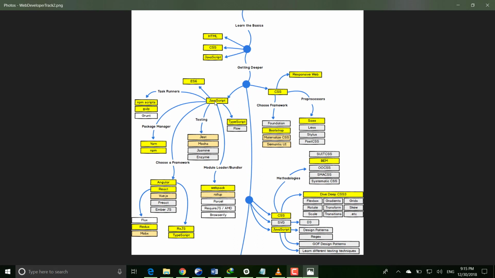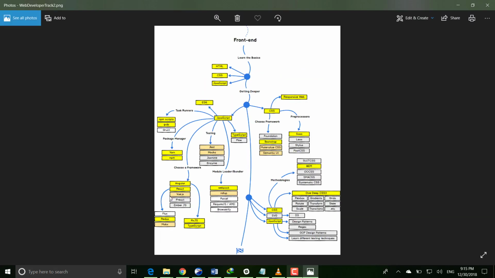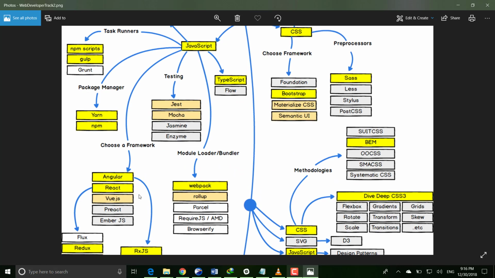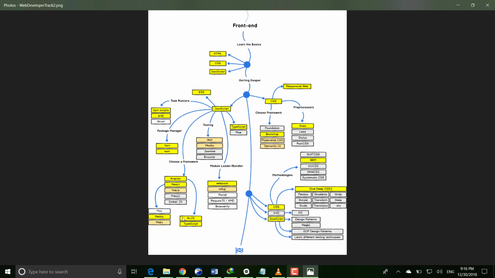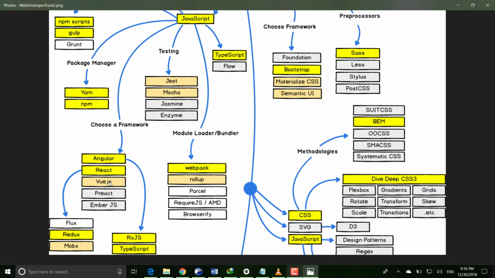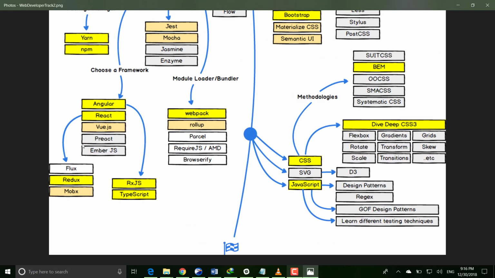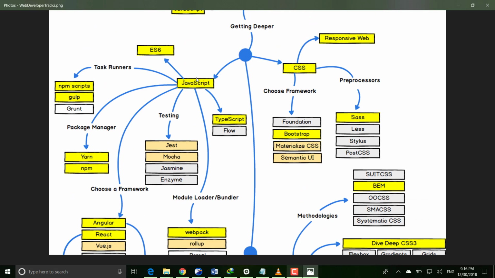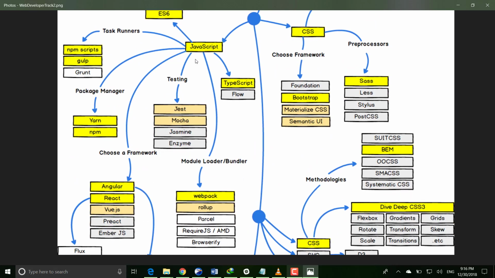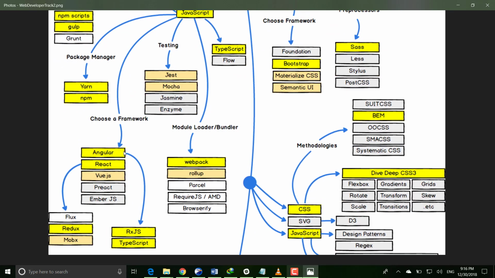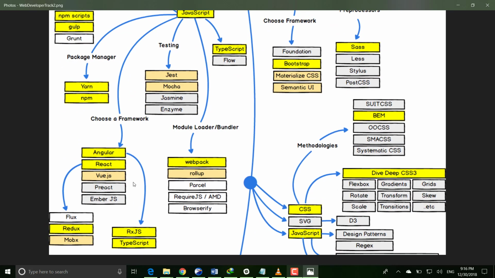a lot of frameworks. Once you learn JavaScript, you now choose a framework that you want to use. So you can decide to learn Angular, you can decide to learn React, you can decide to learn Vue.js. Okay, don't be scared of the names. They are just frameworks for the JavaScript that you have learned here. So if you have learned JavaScript, you can easily pick up any of these frameworks and then understand the concept